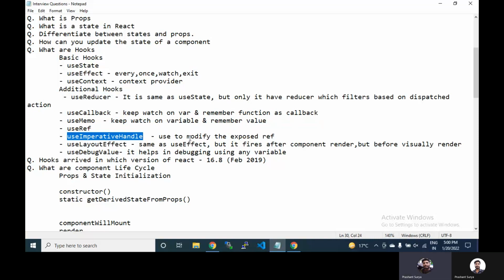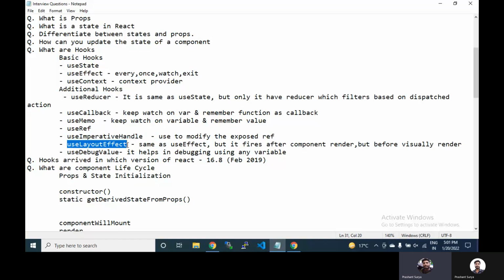Basically, when you forward your reference from one functional component to another component, you can customize the object you send with the help of useImperativeHandle. This is used to modify the exposed reference, meaning what you expose from one component to another. Then you will use useImperativeHandle to create a custom object to send to another component.